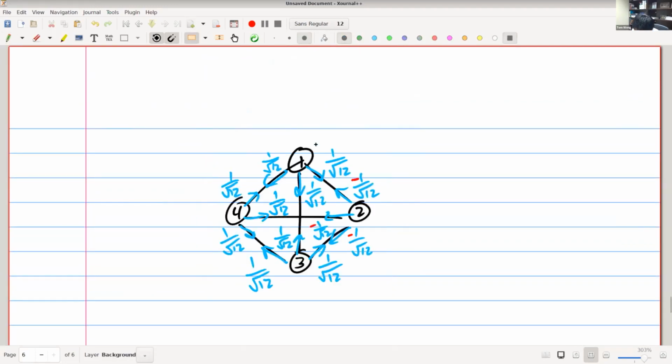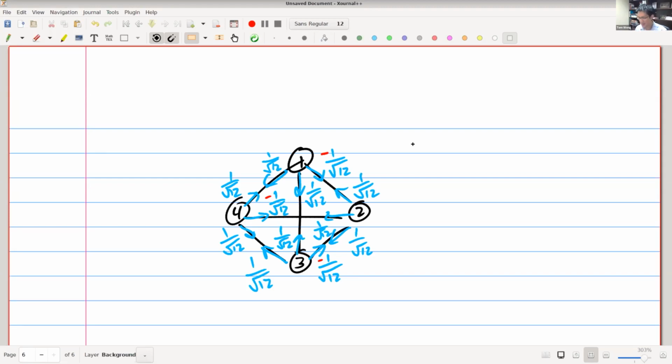So what happens then is that this negative sign ends up moving over here. This negative sign ends up moving here, 4 pointing to 2. This one ends up moving over there like that. So now we do have a little bit of a change. And so this is one step in total. So basically we query the oracle and then we've taken one step of the quantum walk, which is a coin